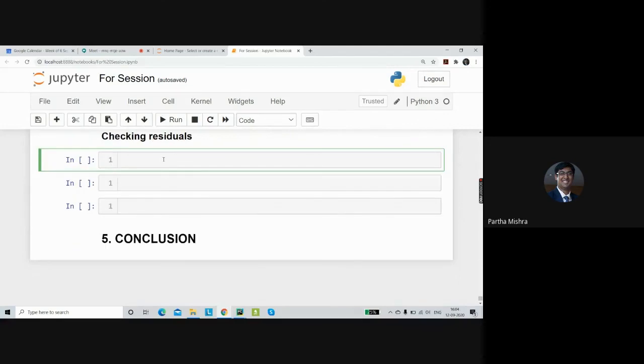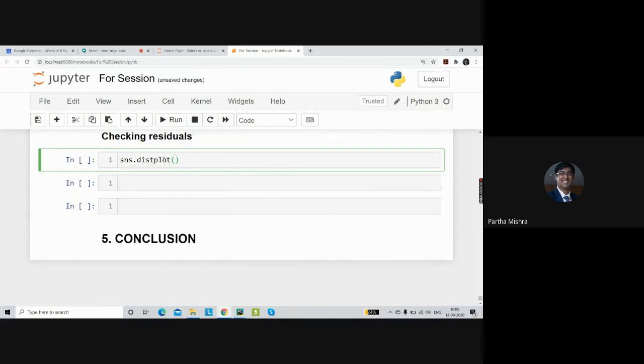Now, the next important thing that you have to check is the residuals. By residuals, I mean y prediction minus y test. For that, the first thing you have to do is calculate that value, or if we have to do it in a more simplistic manner, we can take a distribution plot, so sns.distplot.